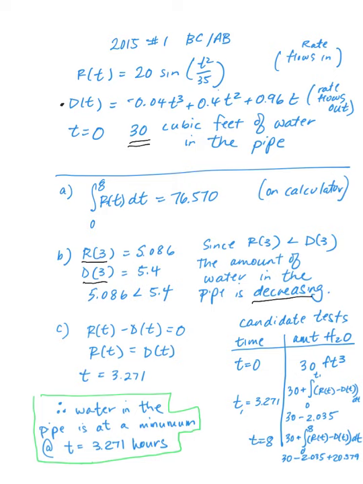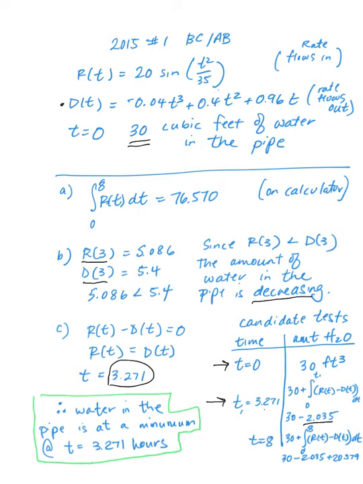Part C wants to know when, at what time t, the water is at a minimum in the pipe. So again, we're looking for when the rate is 0, or we want to find the critical number. So it's R of t minus D of t equals 0, or when is R of t equal D of t? That's when it's going to change from increasing to decreasing. That happens at 3.271. Again, I store that in my calculator. At time t equals 0, we already know we have 30. At time t equals 3.271, I found the area, it's 30 plus the area underneath the curve from 0 to t1, which is 3.271. That actually gave us a negative